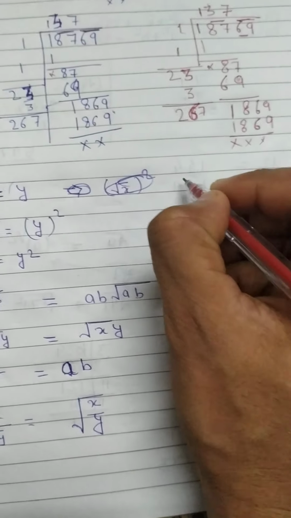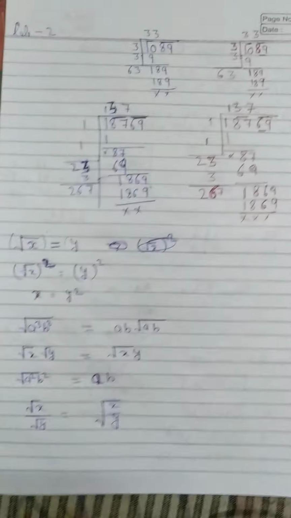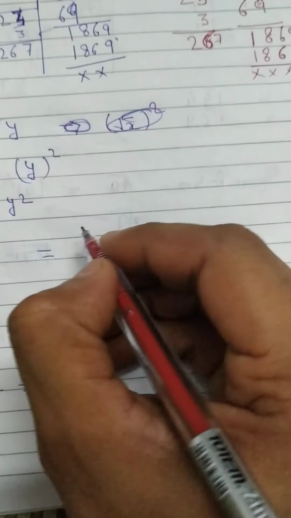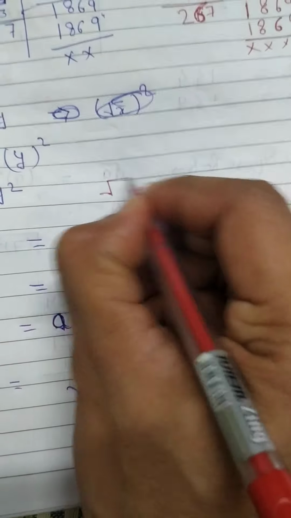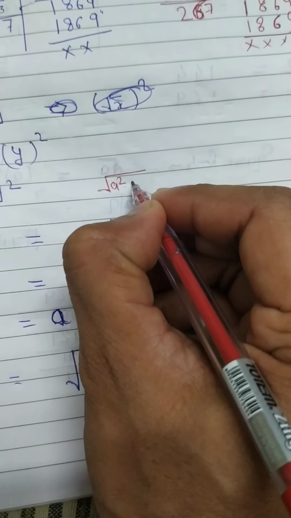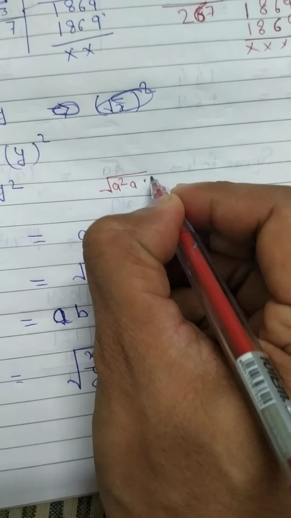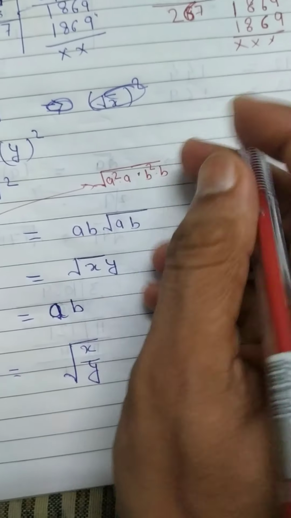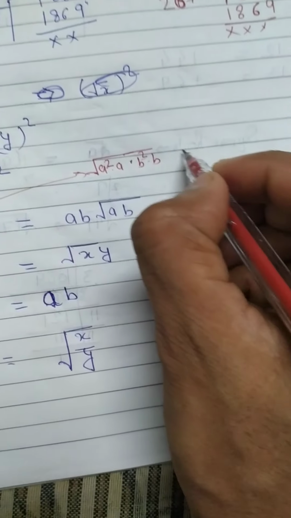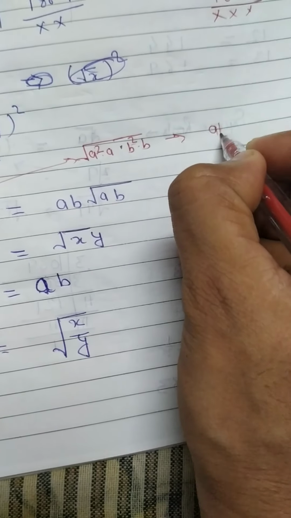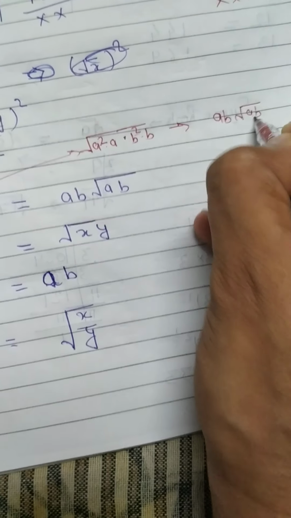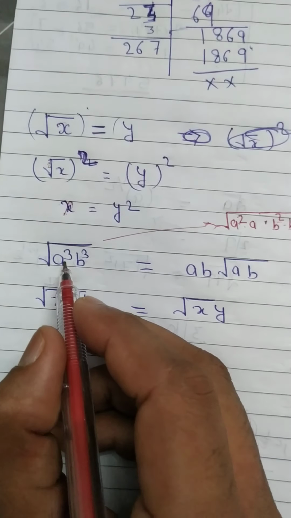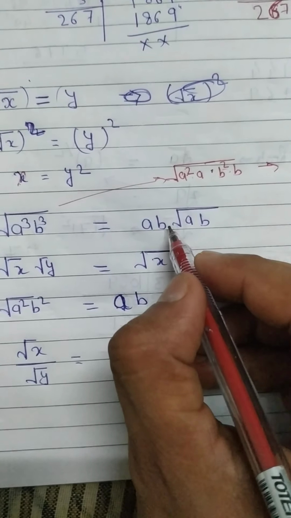Suppose, in a simple way, this is under root a cube b cube. If you see how to calculate, under root a square into a and b square into b, you can retain for this side. As you know, when going outside, the square is removed, so a into b is outside the square root, so remaining is ab. So this is a to the power 3, b to the power 3, and you will calculate for this type.